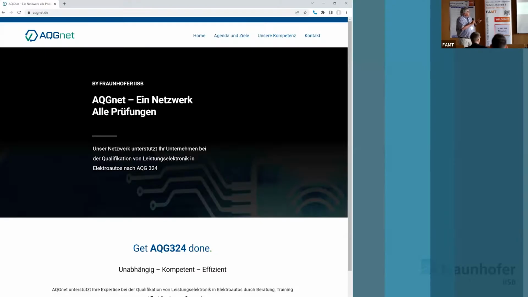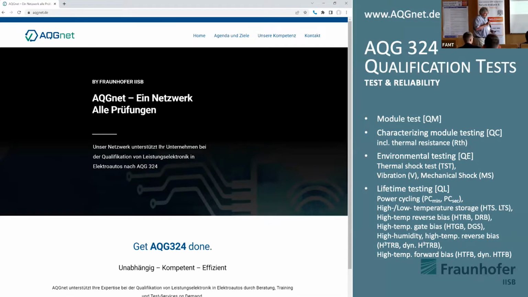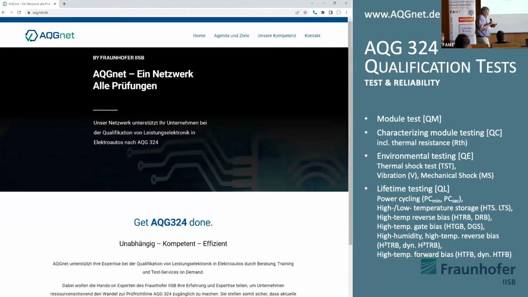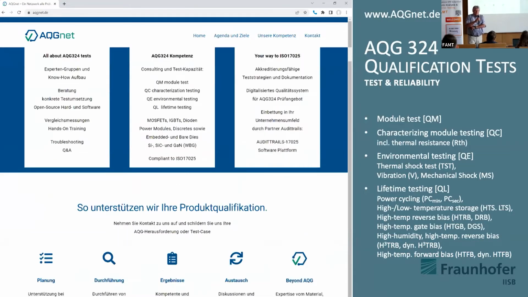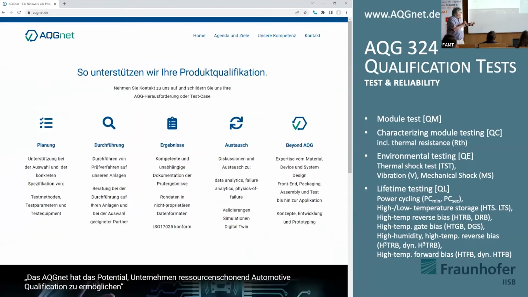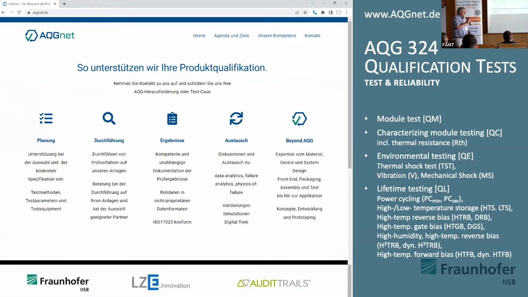So that's the marketing slide on the AQG qualification test. So this is a test set of procedures you have to do. For example, for your electric car, not to fail, the automotive industry asks for a really long list of tests, which we have here in-house and offer as a service, and where all our analytics works is going into. We have those,